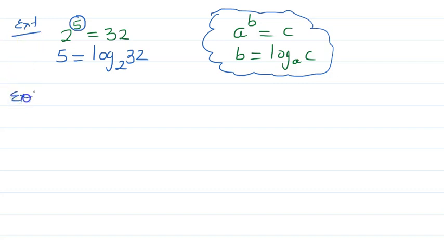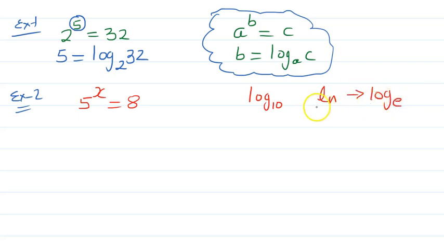Now example 2, the question is 5 to the power x equal to 8. This is a 2 marks question. First I need to tell you one thing: we can use log, and we can use ln, and they are different. Log is always base 10 and ln is always log with base e. This is the basic difference. If we say taking log both sides, we can take ln or log, it's up to you. So I'm going to write taking